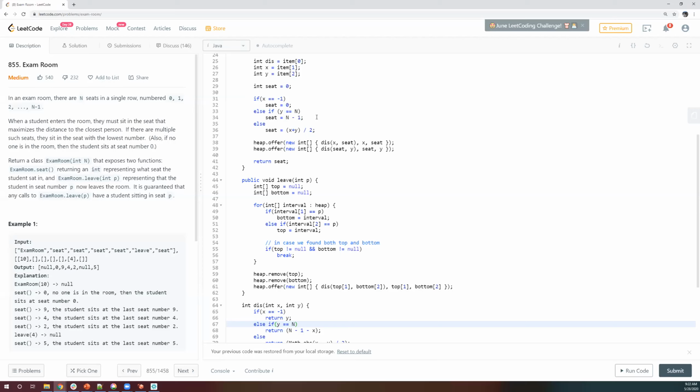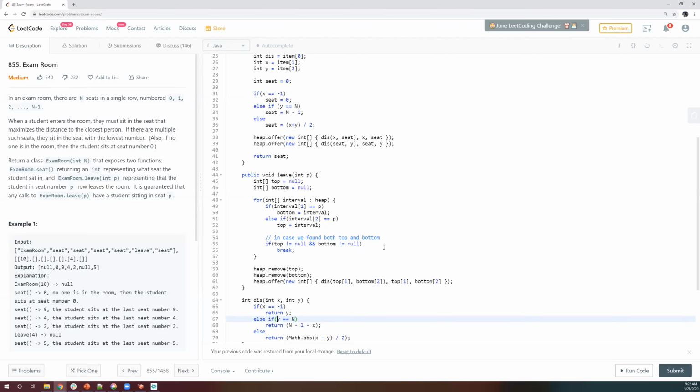But it is still better than being clueless. You still know, okay, a priority queue could be used, and then you can do some improvisations there and come up with things. But if I didn't know that a priority queue could be used, I would be totally clueless about what to do.